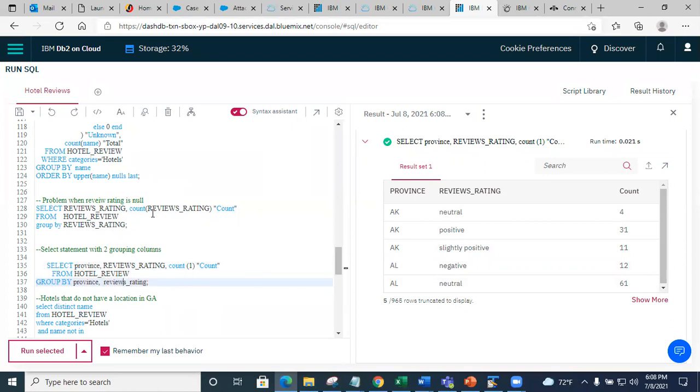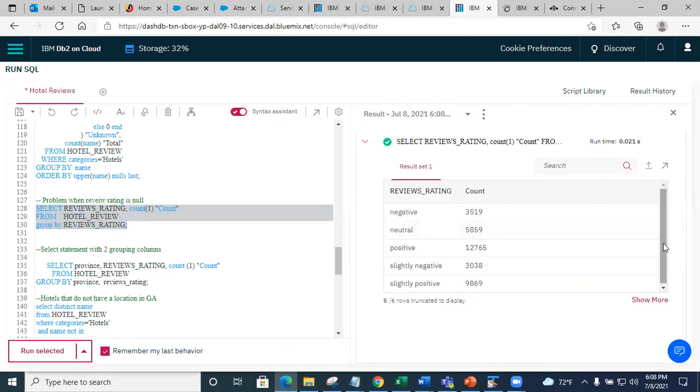If I did count 1, rather, then I would probably see the actual count now. Let's do run selected. Yeah, so it's a 6th row, and I'm going to do show more. Let's see what happens. See this, it gave me the count.